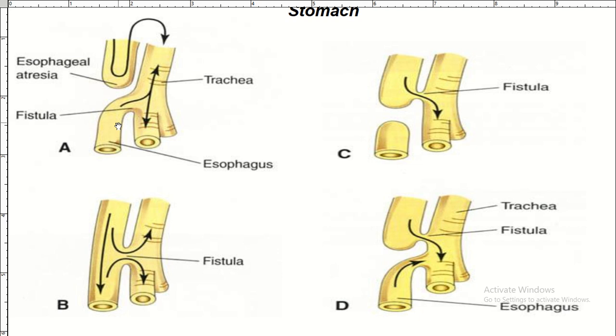You understand? So for you to know that the baby has tracheoesophageal fistula with esophageal atresia, you're going to see it from what's called milk